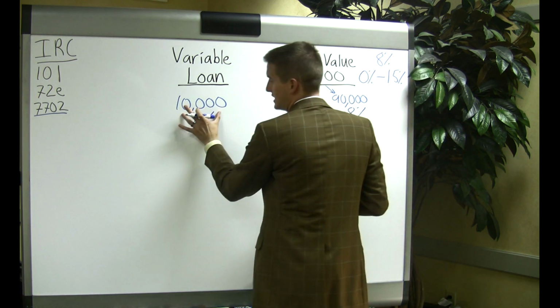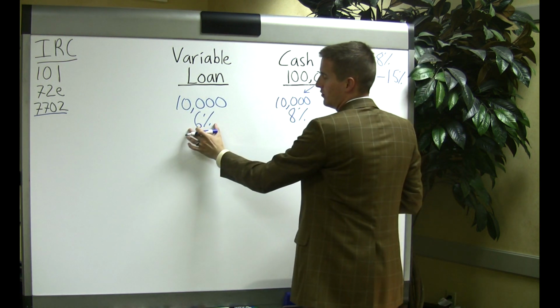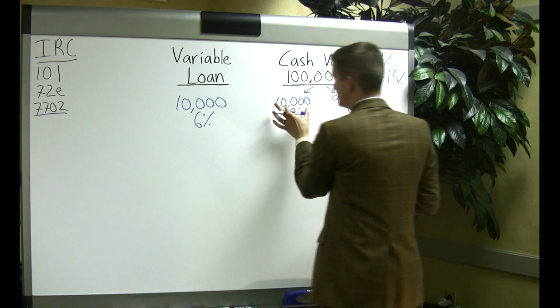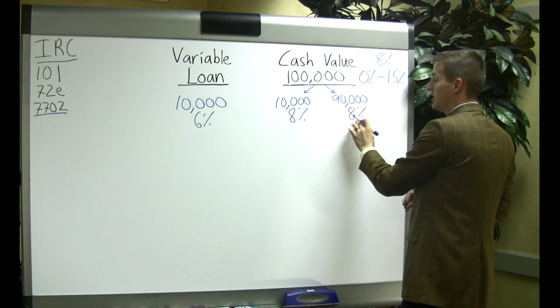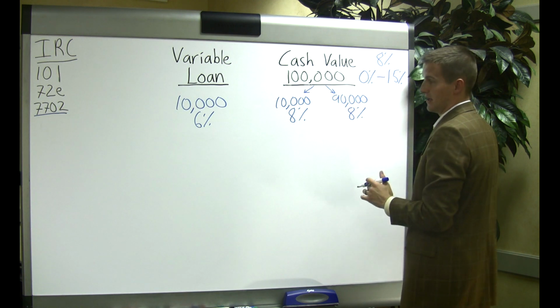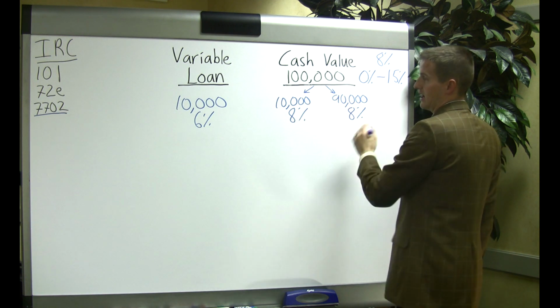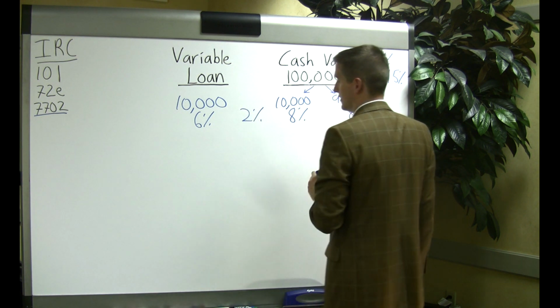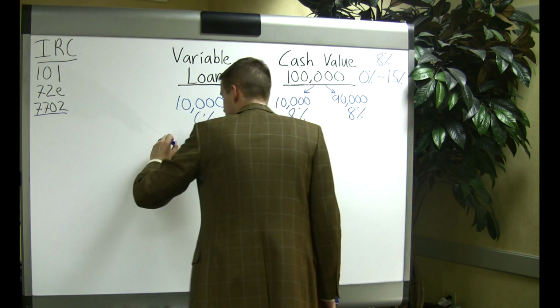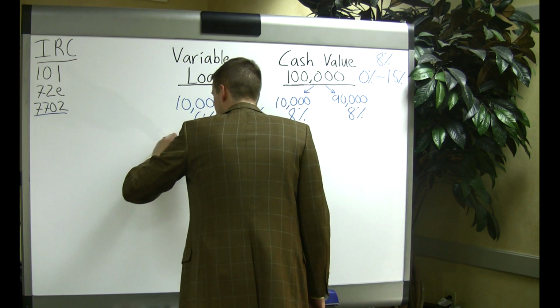So you borrow $10,000 here, borrowing at 6 right now. This $10,000 doesn't earn the same rate. It stays in the indexed account earning the same rate of 8%. So if you earned 8% on your cash value, you borrowed at 6, you made a 2% spread on your money. So let's just use that example down here and say, well, 1 year later, this loan balance is